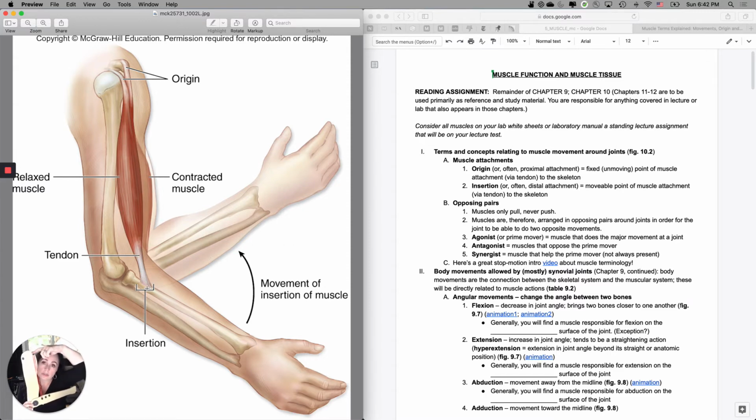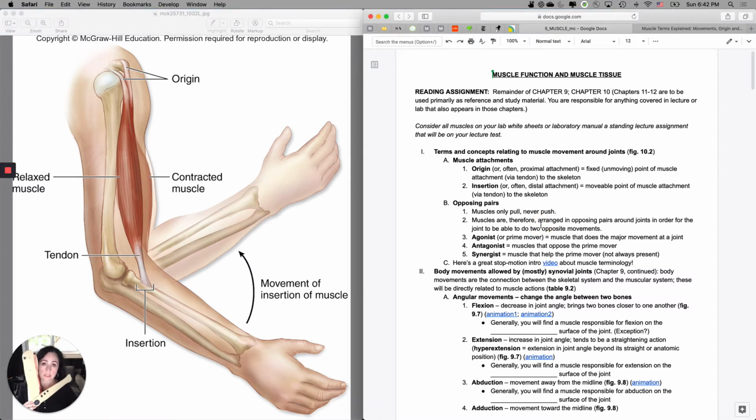Is that the origin or the insertion for this muscle? This one stays stationary upon contraction, and this one moves closer to the origin upon contraction. Okay, so this is the origin and this is the insertion for this muscle. But one of the things that's also really important for you to understand is that since muscles only pull, they